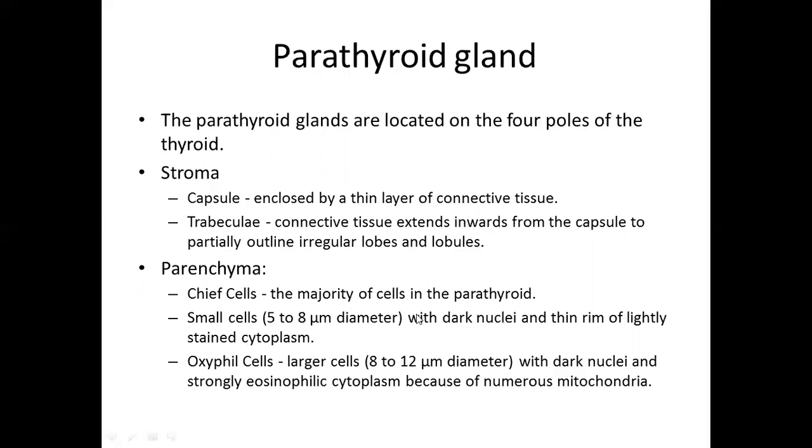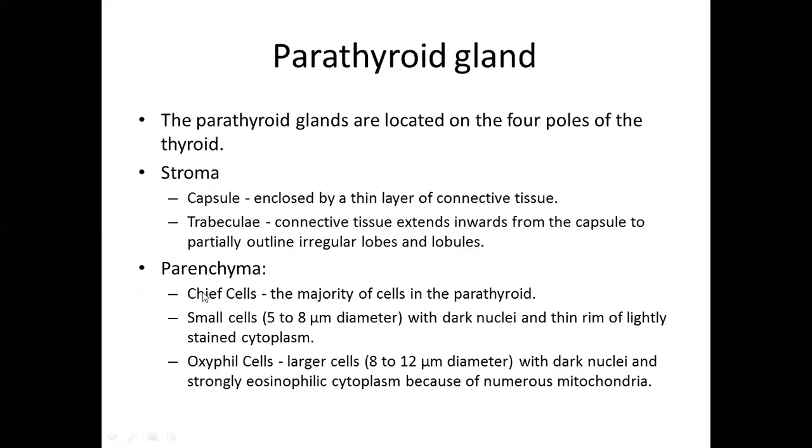Chief cells are the majority cells in parathyroid glands, but they are comparatively smaller in size compared to the oxyphil cells, with a dark nucleus and lightly stained cytoplasm around the nucleus. This is a very characteristic feature. They are higher in number, but smaller in size and lighter stained than the oxyphil cells. These are the cells responsible for the production of the hormone, I am not going to name it, which is responsible for calcium metabolism or release of calcium when required.